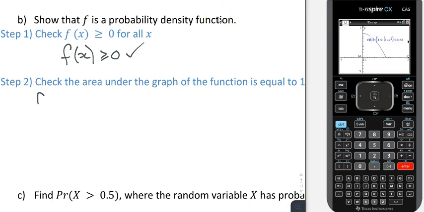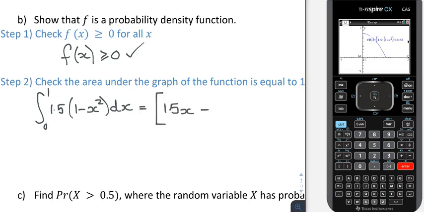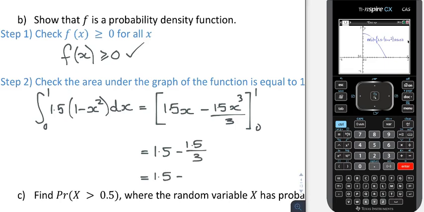The other thing is that the area between that restriction of 0 to 1 has to be equal to 1. So doing the integral between 0 and 1 for that function, we have the integral of 1.5x minus 1.5x cubed divided by 3, and then substituting in everything, we get out that that area is equal to 1, which by definition then means that this is a probability density function. So that is shown